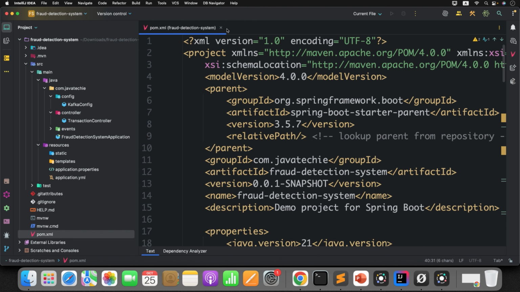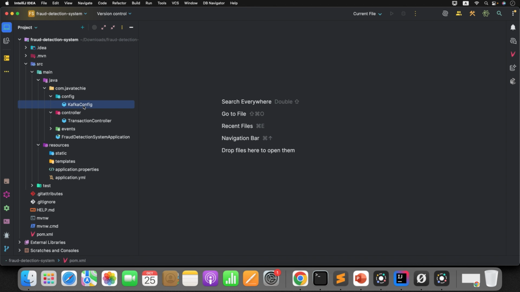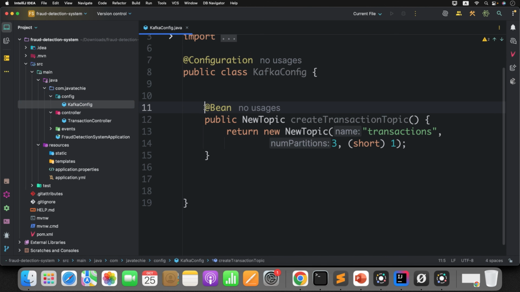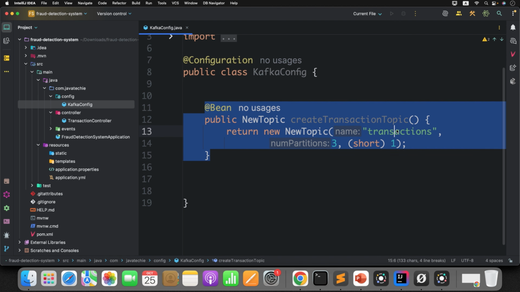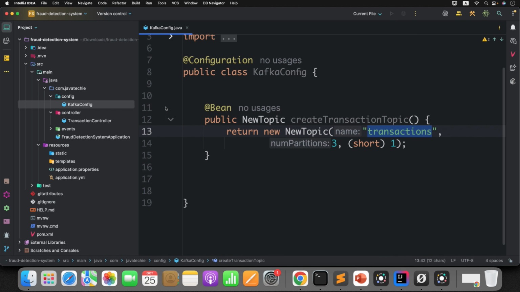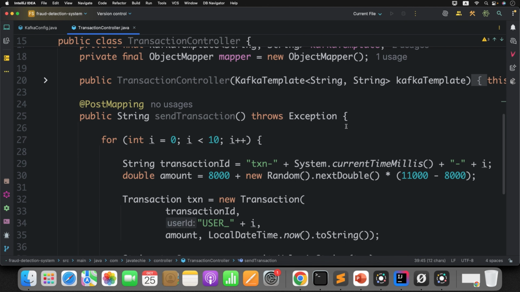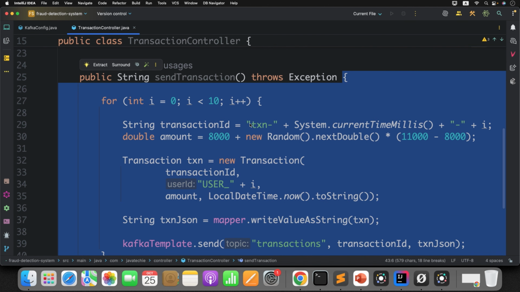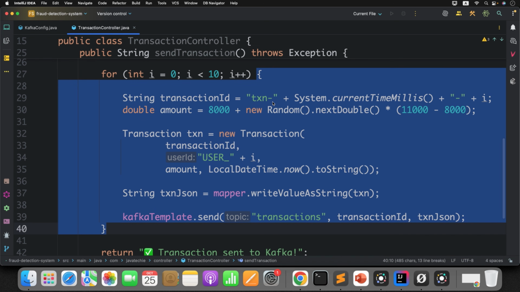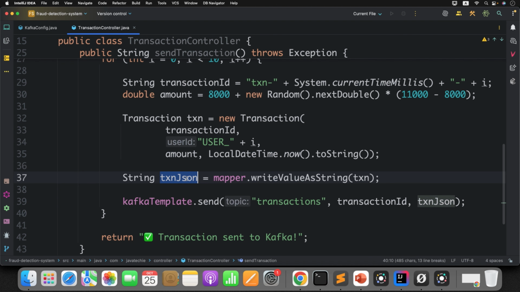That's it. Now what I did here, I have created a Kafka config where I have written a bean to create a transactions topic. Okay. Now I also define a transaction controller. What it does, it just has a simple endpoint to publish a couple of transaction objects or transaction object strings to